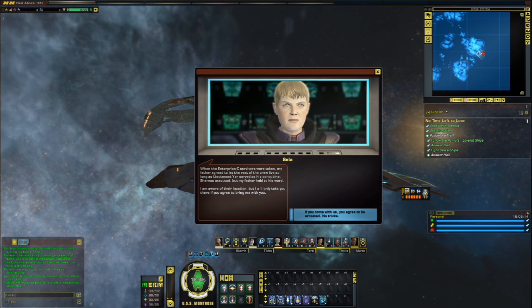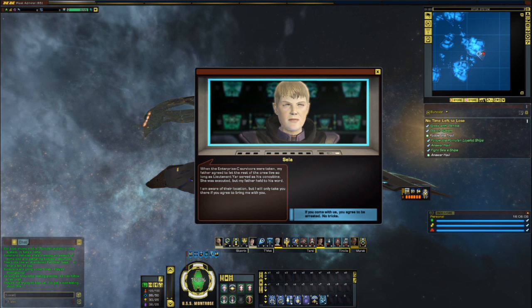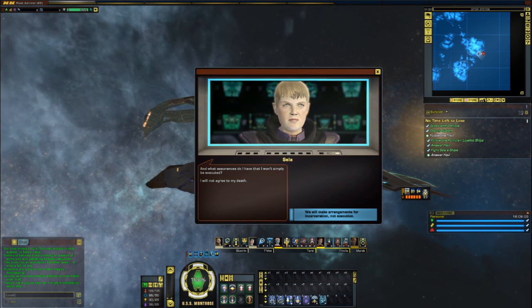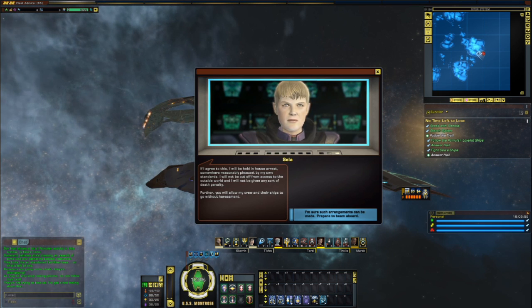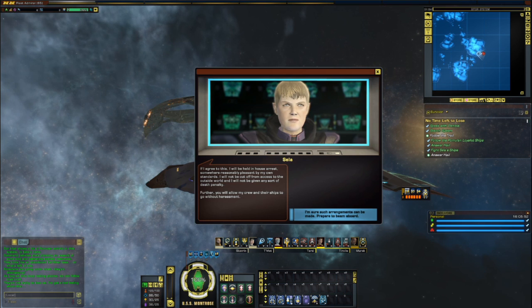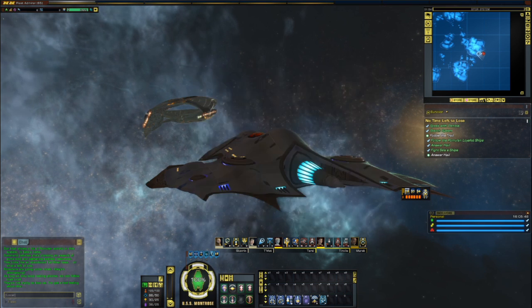I am aware of their location, but I will only take you there if you agree to bring me with you. And what assurances do I have that I won't simply be executed? I will not agree to my death. If I agree to this, I will be held in house arrest, somewhere reasonably pleasant by my own standards. I will not be cut off from access to the outside world, and I will not be given any sort of death penalty. Further,